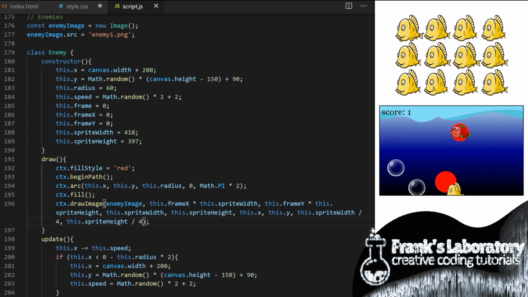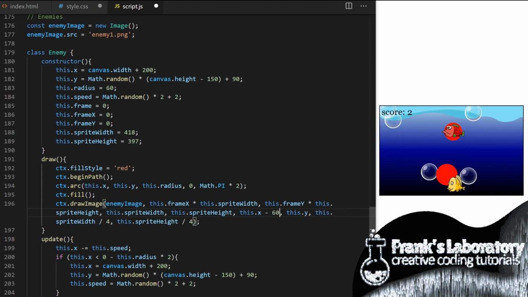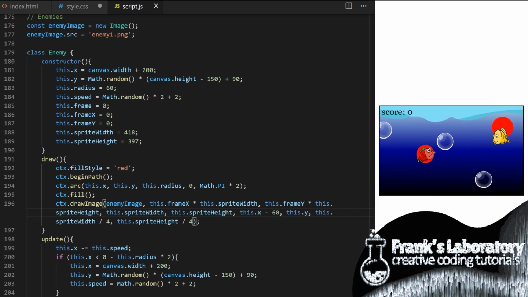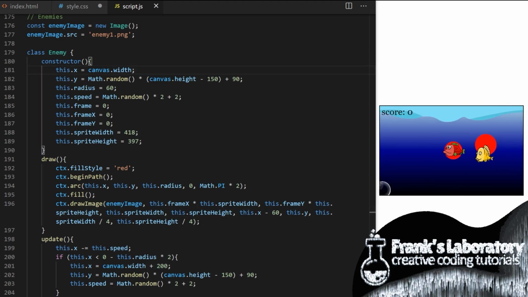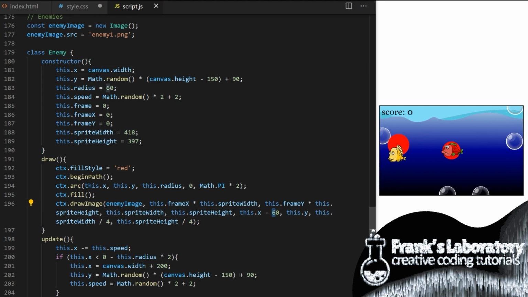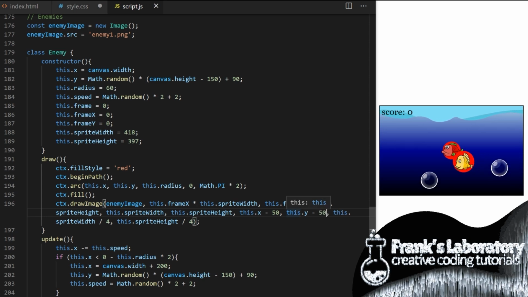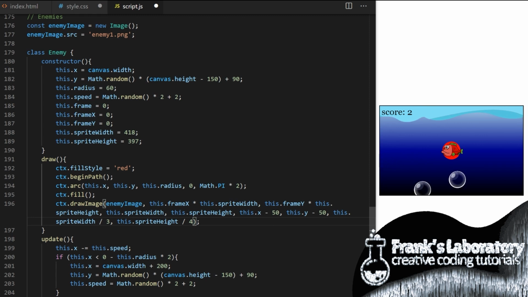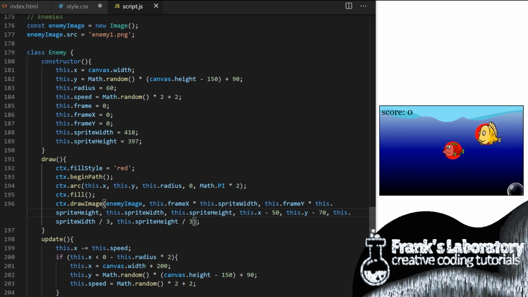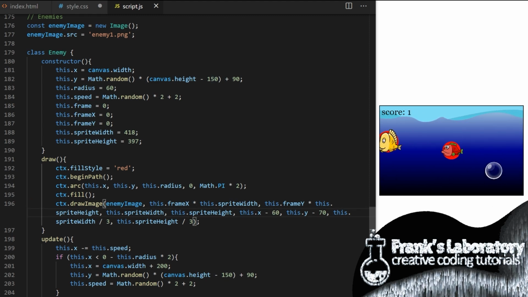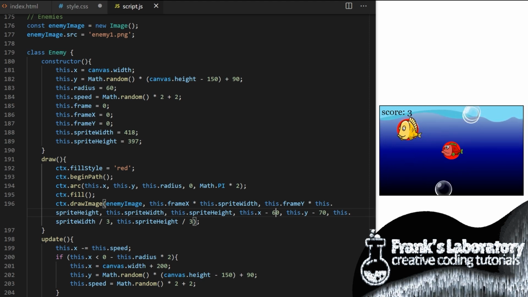You can see the fish is not exactly over the red circle. The red circle is important because it will represent collision detection area between enemy and player characters. So I have to make sure the fish sprite sheet image matches that collision detection area as closely as possible. I do that by manually adjusting destination X and destination Y values here. It's kind of trial and error. I just try some values until I get it right. It depends a lot on shape of sprite image you are using. I'm happy with it now, so on line 181 I changed the starting X position of the enemy back to